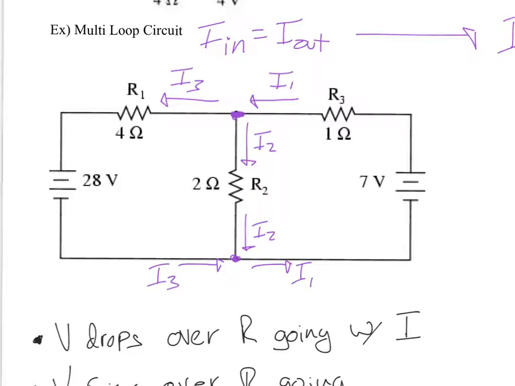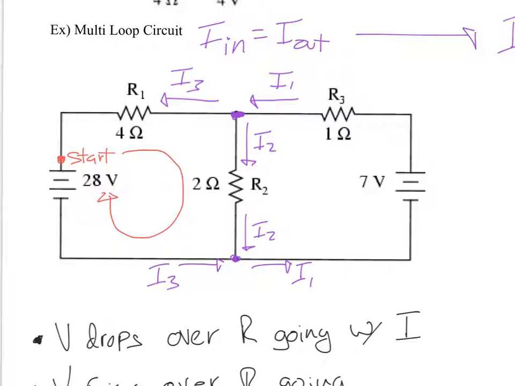Okay, so in this circuit there are 3 loops, and we'll deal with them one at a time. We're going to start with the loop on the left, and I'm just going to arbitrarily choose a starting point. So I'm going to put a dot here. That's my start point. I'm going to choose a direction to move around the circuit. So I'm going to go around the circuit